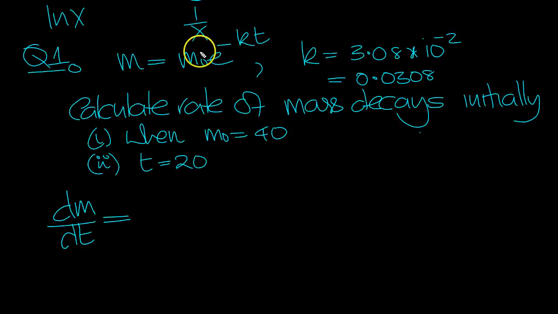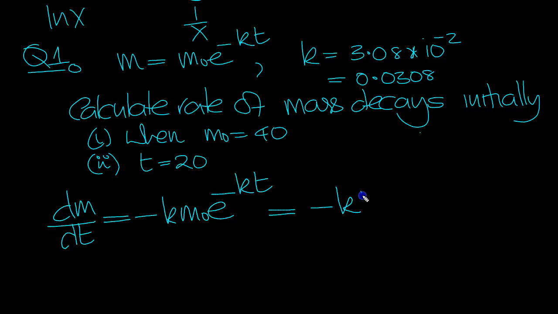So dm/dt is equal to, the minus k comes down, doesn't it? m0 e to the minus k t, that's the derivative then. We did exactly the same process except that we were using the symbol t instead of x. So that's just differentiating this function. Initially t equals 0, so it'll be minus k times m0 times 1, because t is 0, e to the 0 is 1. And then we know k, which is